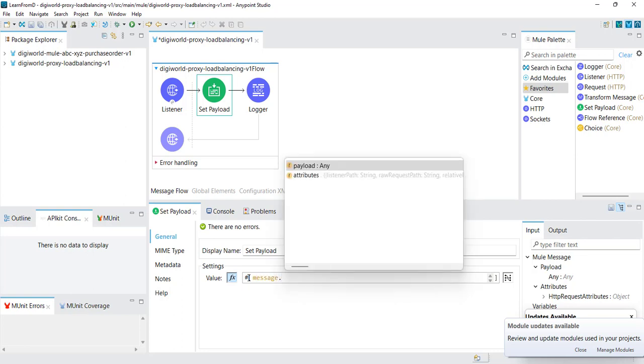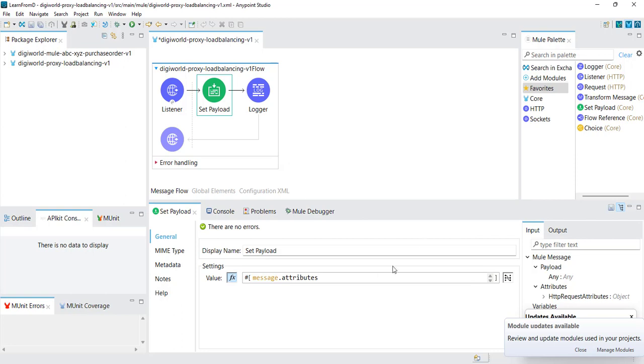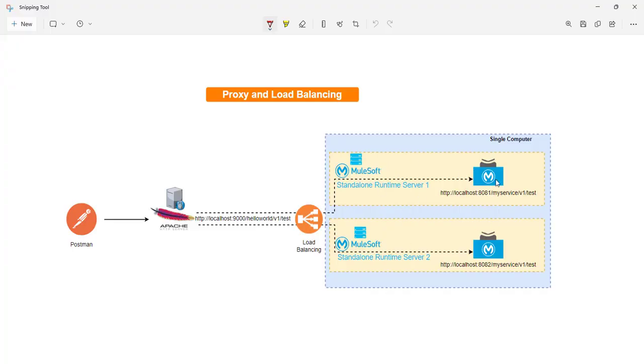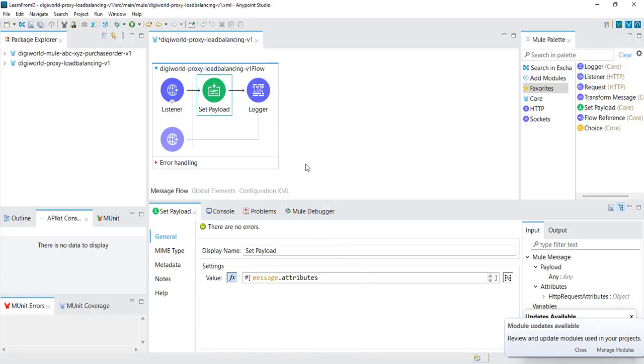message dot attributes. Why am I printing the attributes? Because whenever we run this same application in different server instances, we must have different ports, right? We are planning to run both instances of the server on a single computer. If one port is already occupied, another instance won't be able to run that service on the same port. And in the response we also want to see